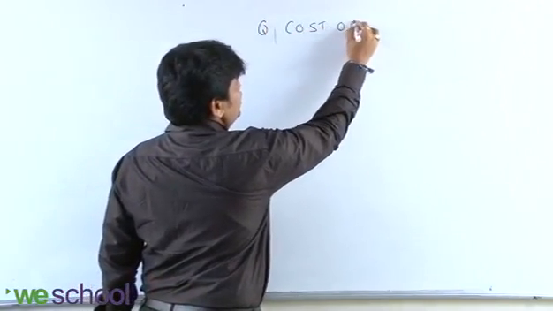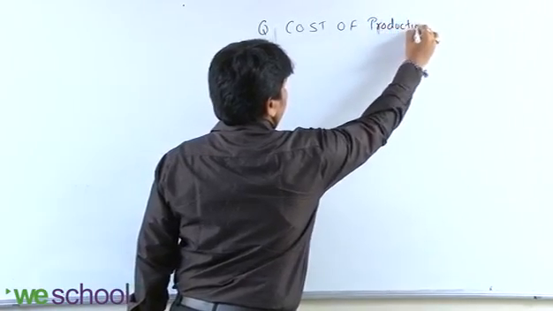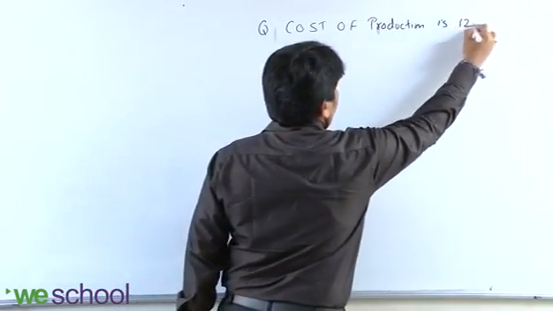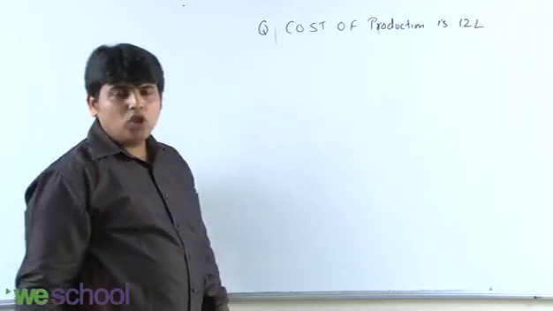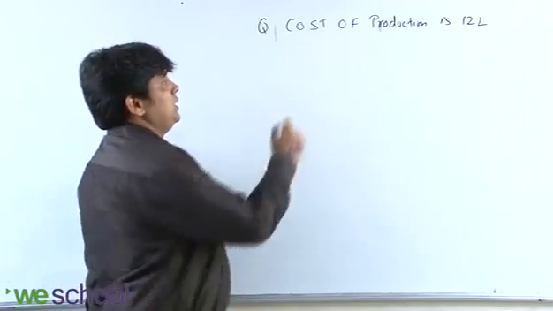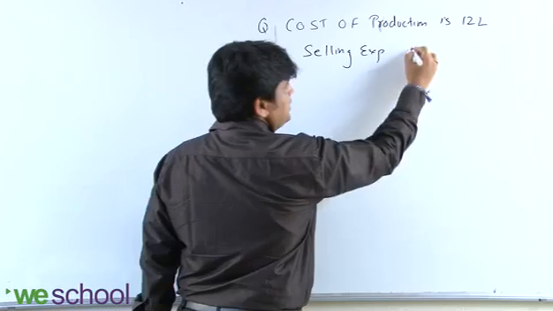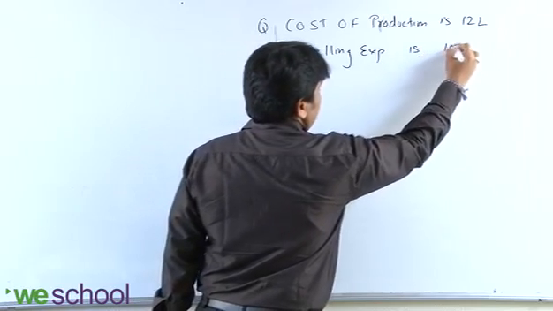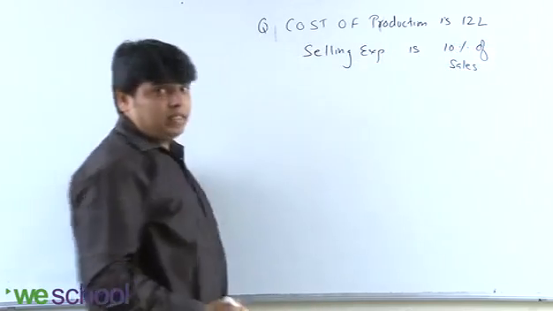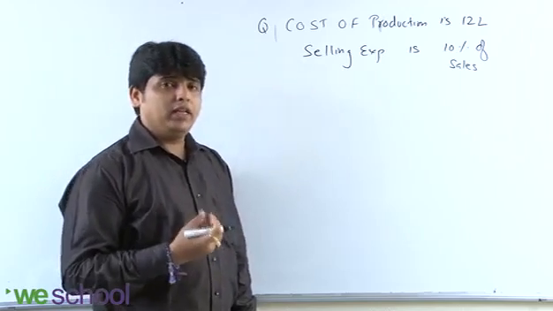Cost of production is rupees 12 lakhs. Okay. Now, selling expense is 10% of sales. Please, I am reading the words, making the statement slowly because